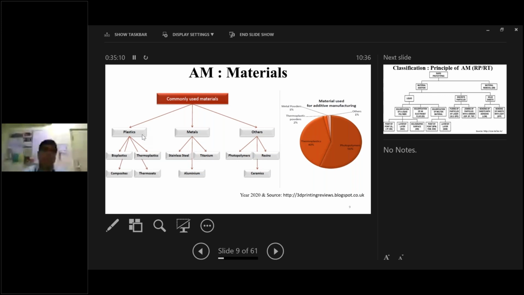So if you are a tool room engineer, you are the most respected person in the industry, particularly technically, other than the management people. In India particularly, tool room engineers, recently we started calling them R&D engineers, are the most respected, knowledgeable and experienced. So if you are a tool engineer